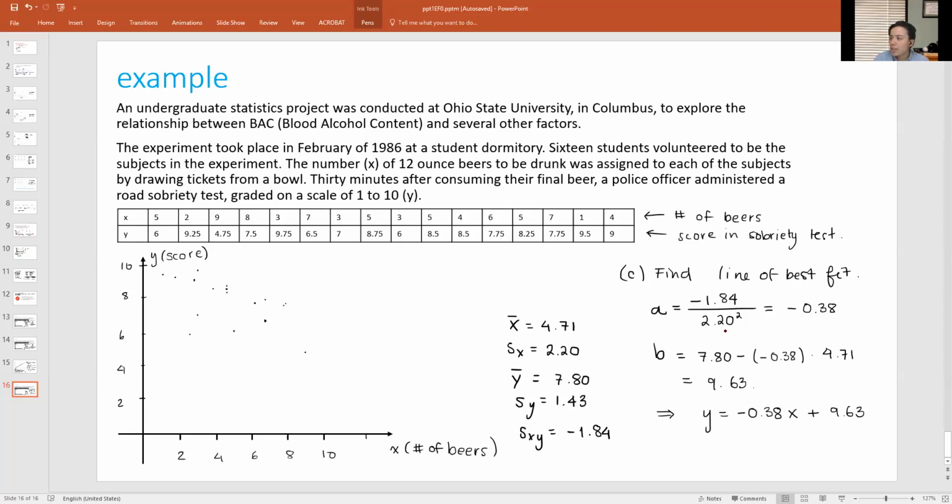Okay, so if I sketch this line, I know it needs to pass through the point 4.71, 7.8. So 4.71 is going to be maybe here, and 7.8 is going to be somewhere around here. And I know that when x is equal to 0, the y-intercept is 9.63. So that means it's going to pass somewhere around here as well. And so my line of best fit looks something like, well,